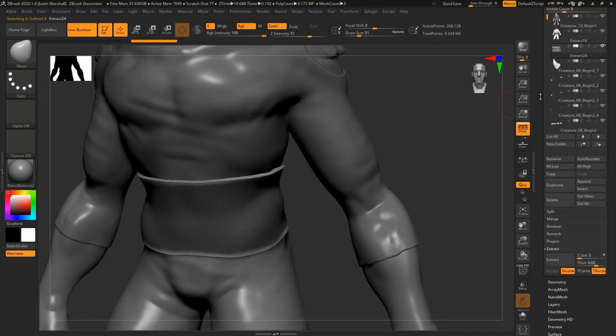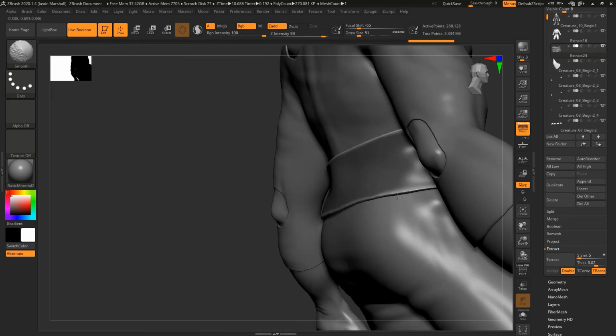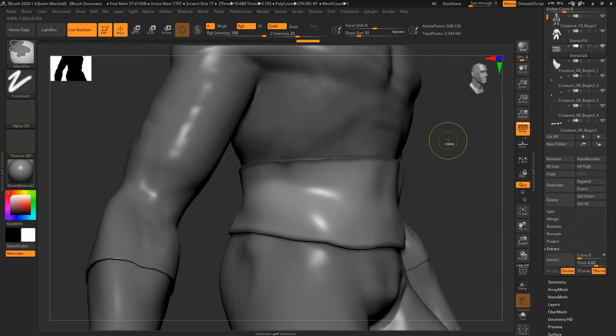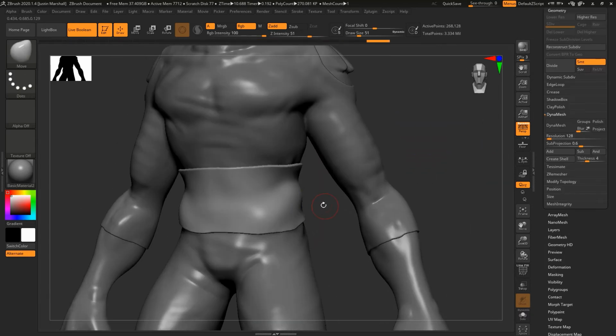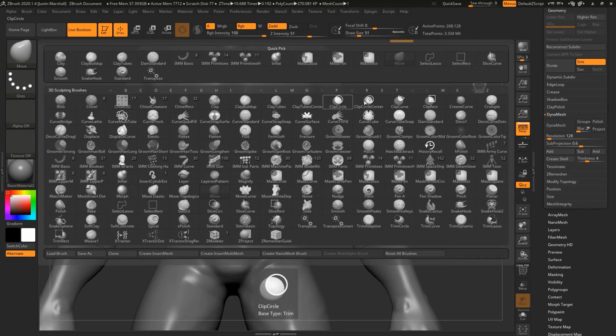So now we have a new subtool for our sash. You can see it there. You can kind of smooth off the edges a little bit. And since it's still masked, it's not going to affect the rest of it. So we can kind of smooth off those edges, unmask it. You can use Dynamesh if you want to. I don't know that we necessarily need it. So I'm going to go ahead and just start to sculpt some on here,